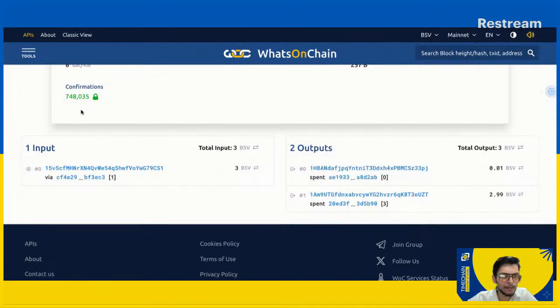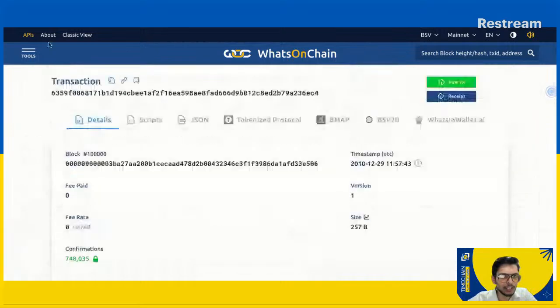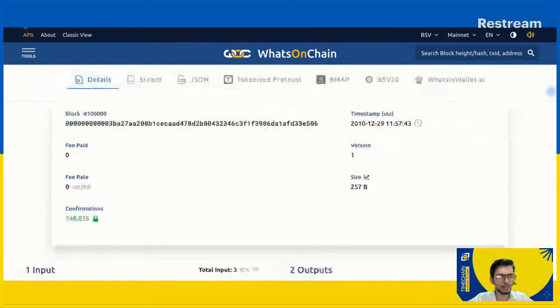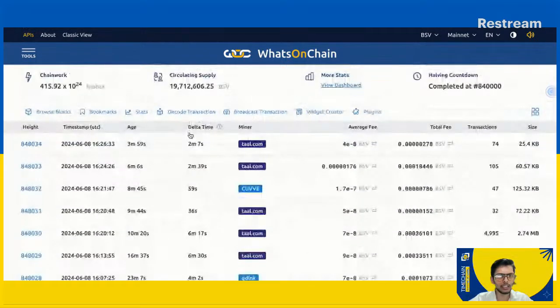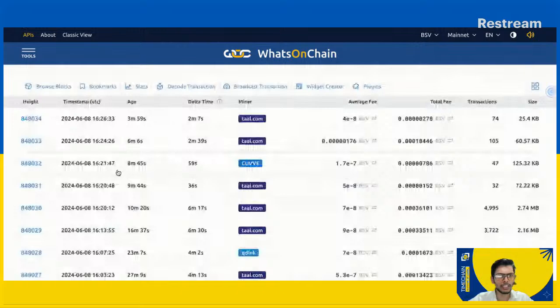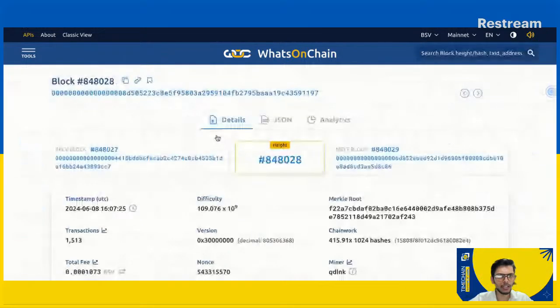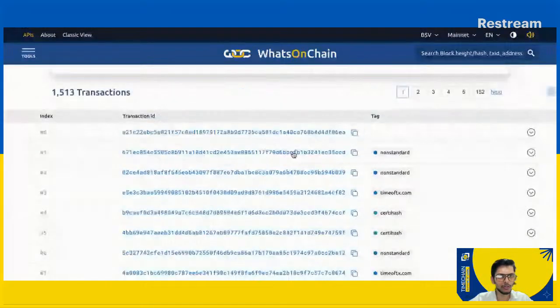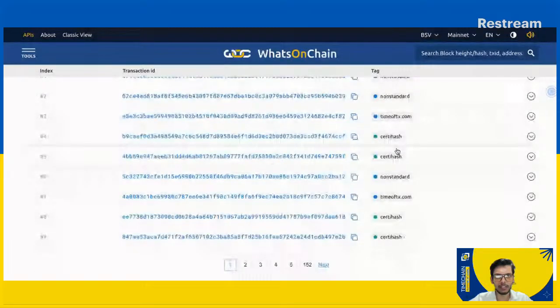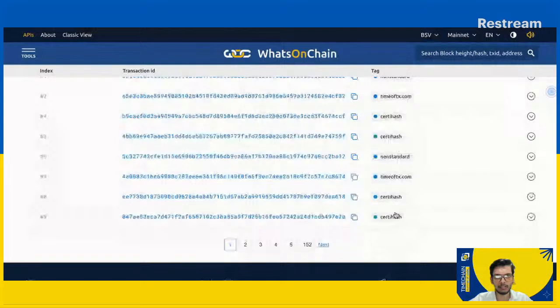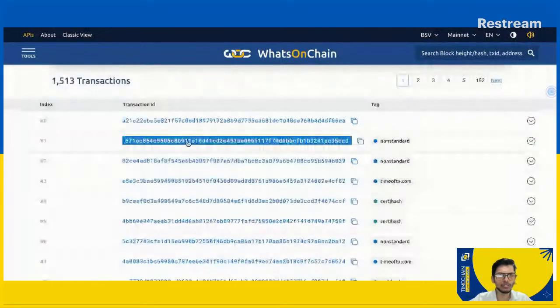So this is the crux. If you need to understand this at its core, make sure you rewind and go through it again, because this has been the core of understanding a blockchain. We'll deep dive into the technical part of the theory as well. But essentially, the blocks have the list of transactions. If we go into one of the latest blocks, you have a list of transactions getting created by different applications. Time of TX, Certihash, all of these are different real world applications creating different transactions.